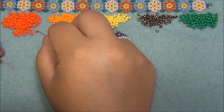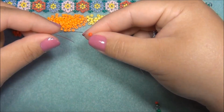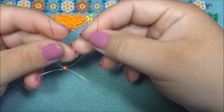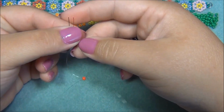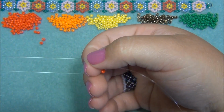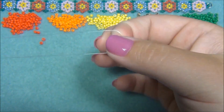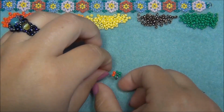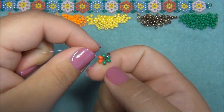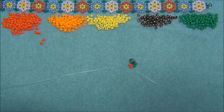So I'm going to pick up 2 of my flower colors. I'm going to slide one of them down, and I'm going to crisscross through one of these beads. I'm going to put my ends together, make sure they are even, and bring this seed bead down to the very center of my string, so I now have this. Okay? So right here between these 2 red beads, that's where the center of my flower is going to go. So now what I'm going to do